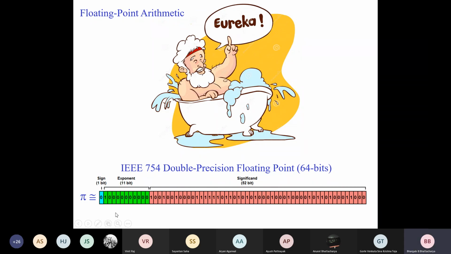And as you can see, in floating point there are several fields that we will discuss now: sign, exponent, and significand, and also the distribution of bits. For example, 11 bits are there for the exponent and 52 bits for the significand in double precision floating point arithmetic. So let us look into the IEEE 754 standard and the format of floating point arithmetic. We'll give some examples and then pass on to how to add or multiply floating point numbers in hardware. All right.